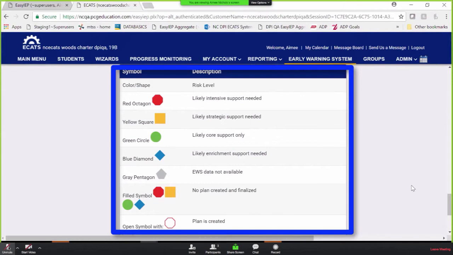If the student or if the group or class has a gray pentagon, that means that we just don't have any early warning system data for those indicators to fire. So it might be that you have a gray pentagon for a student that just enrolled within the last week. We are getting most of our data from PowerSchool, and it would take probably 2 nights in order to get all of the data once the student's been enrolled